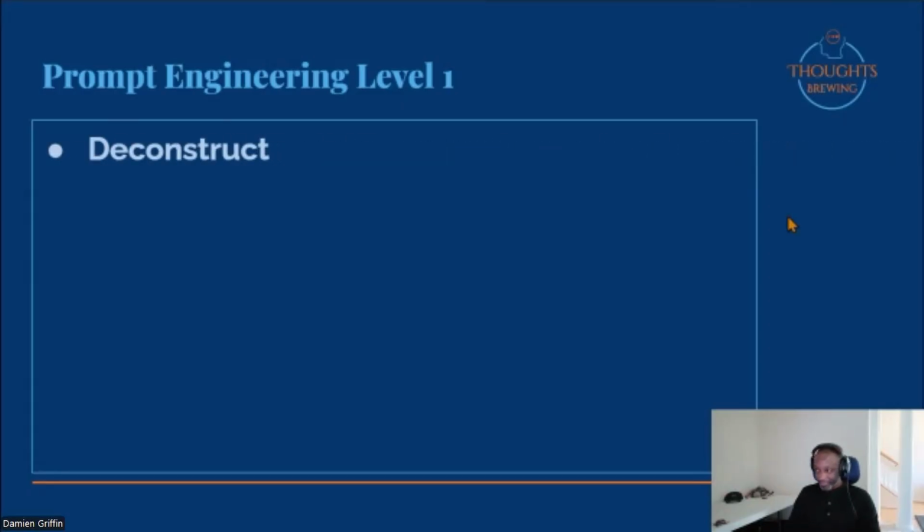Another huge thing, at least at the beginner stages, is think about what you're asking and think about if it's a task level. By task, I mean an actionable thing. Above task would be project, which would be a collection of tasks. Above project would be an application, which I don't think we're going to talk about today. But just think about whether what you're asking is a project or a task. If it's not a task, deconstruct it into component tasks.